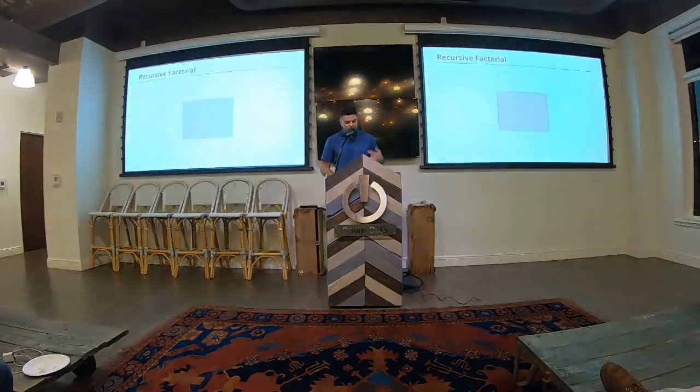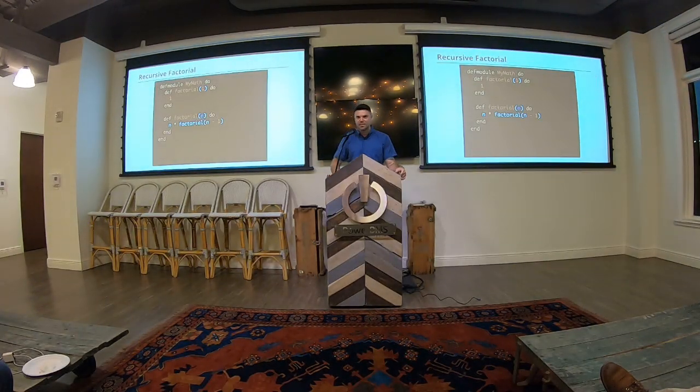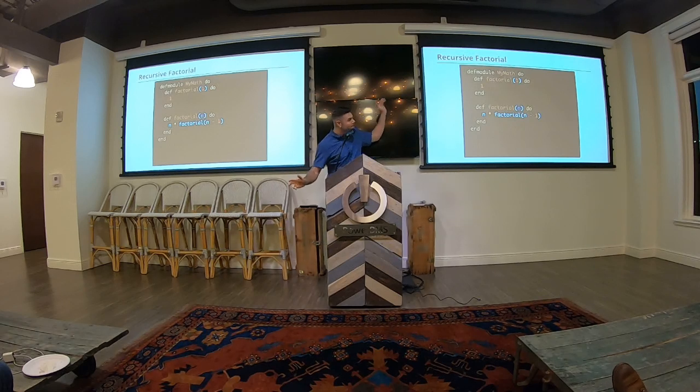Now let's go back real quick to that first example, factorial. If y'all understood the previous slide, this one should be a breeze. So just 2 clauses, right? The terminating scenario and then the recursive scenario. Now, there's an issue with this code. So this code works, right? It's not the best it could be, but it works. But here's an issue. If you call this code with a huge number, like 10 million, then something bad is